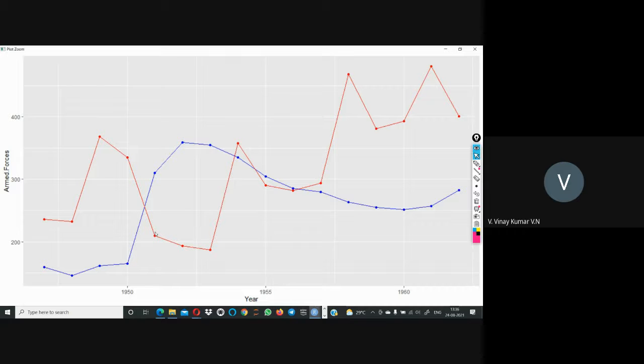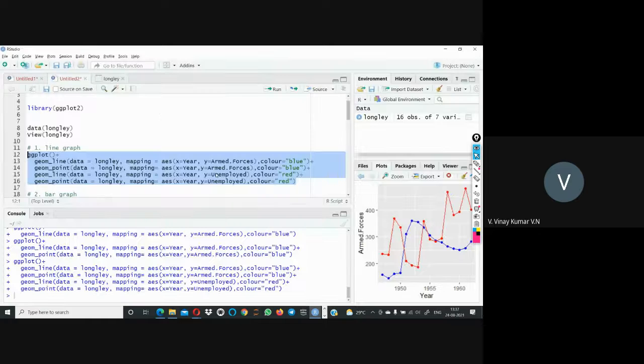This course is limited. Within the plots itself, we could teach an entire year, even though that is not going to be done. The syllabus is that lengthy, but we are restricted to some point. So this is the way we are going to plot the line graph. As per your requirement, you can plot the data. Everything is available